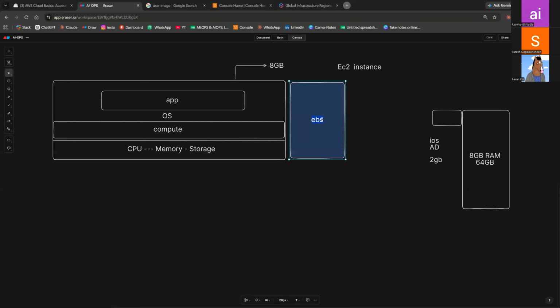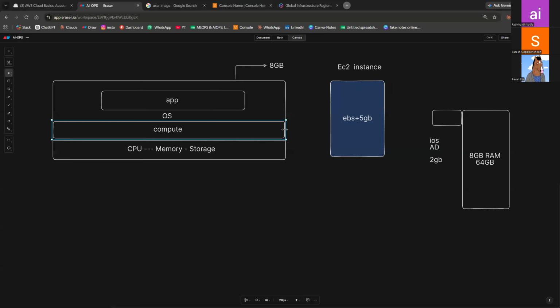This could be 3 GB or 5 GB. That means you are attaching this computing support to your server, nothing but you are elasting this computing, right, sir?